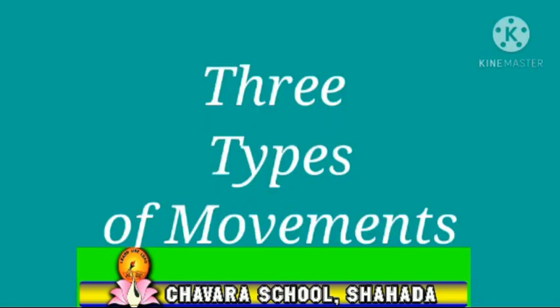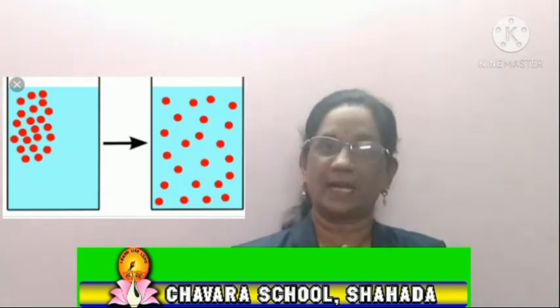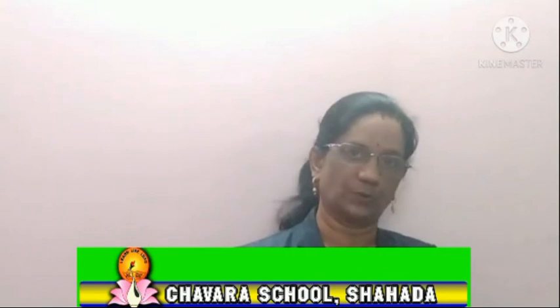And now students, our next point about this lesson is the three types of movements of molecules seen in plants, and the first one is diffusion. So what is meant by diffusion? Diffusion is the movement of substances that may be in solid state, liquid state, or gaseous state, from higher concentration to lower concentration. That movement is called diffusion. And dear students, the water and minerals are absorbed through the root hairs by the diffusion process.